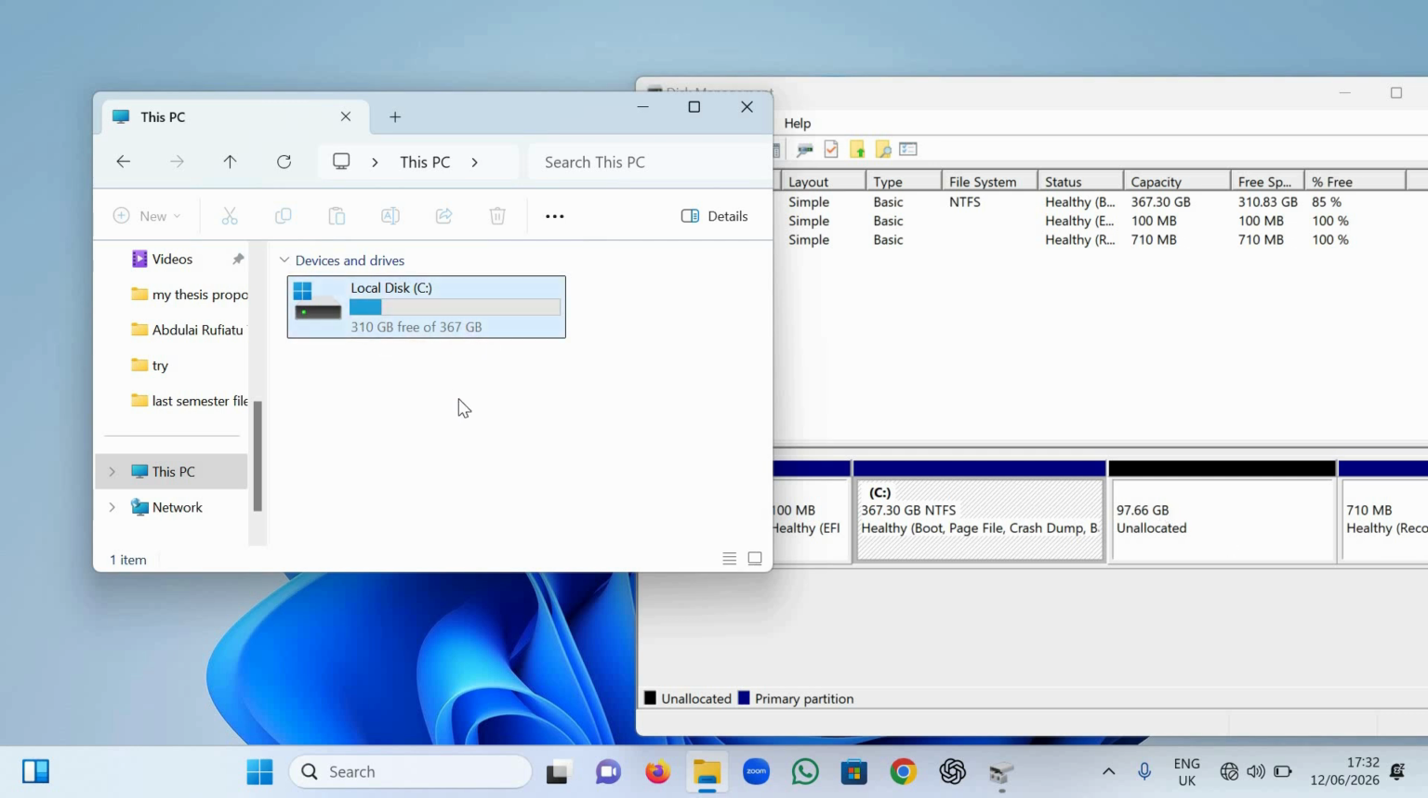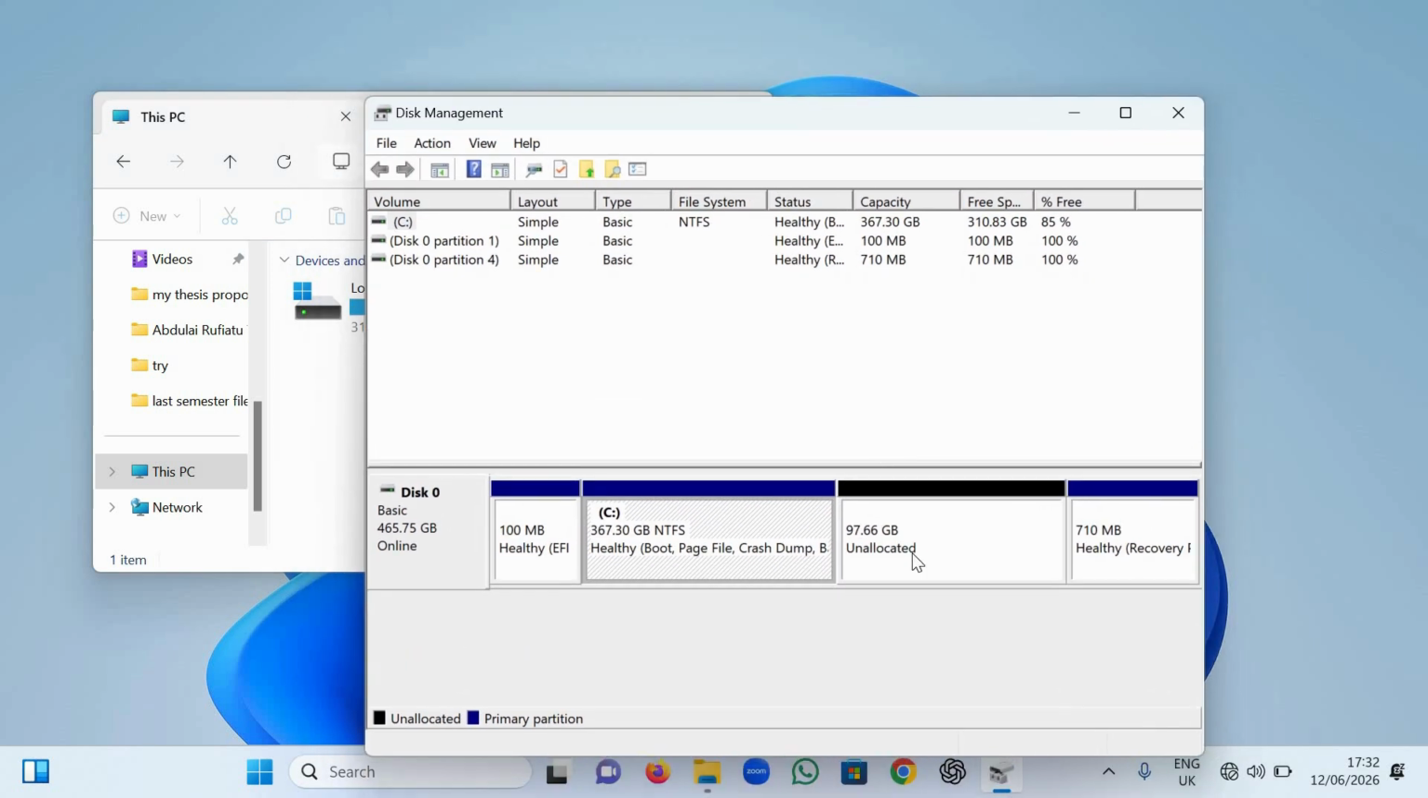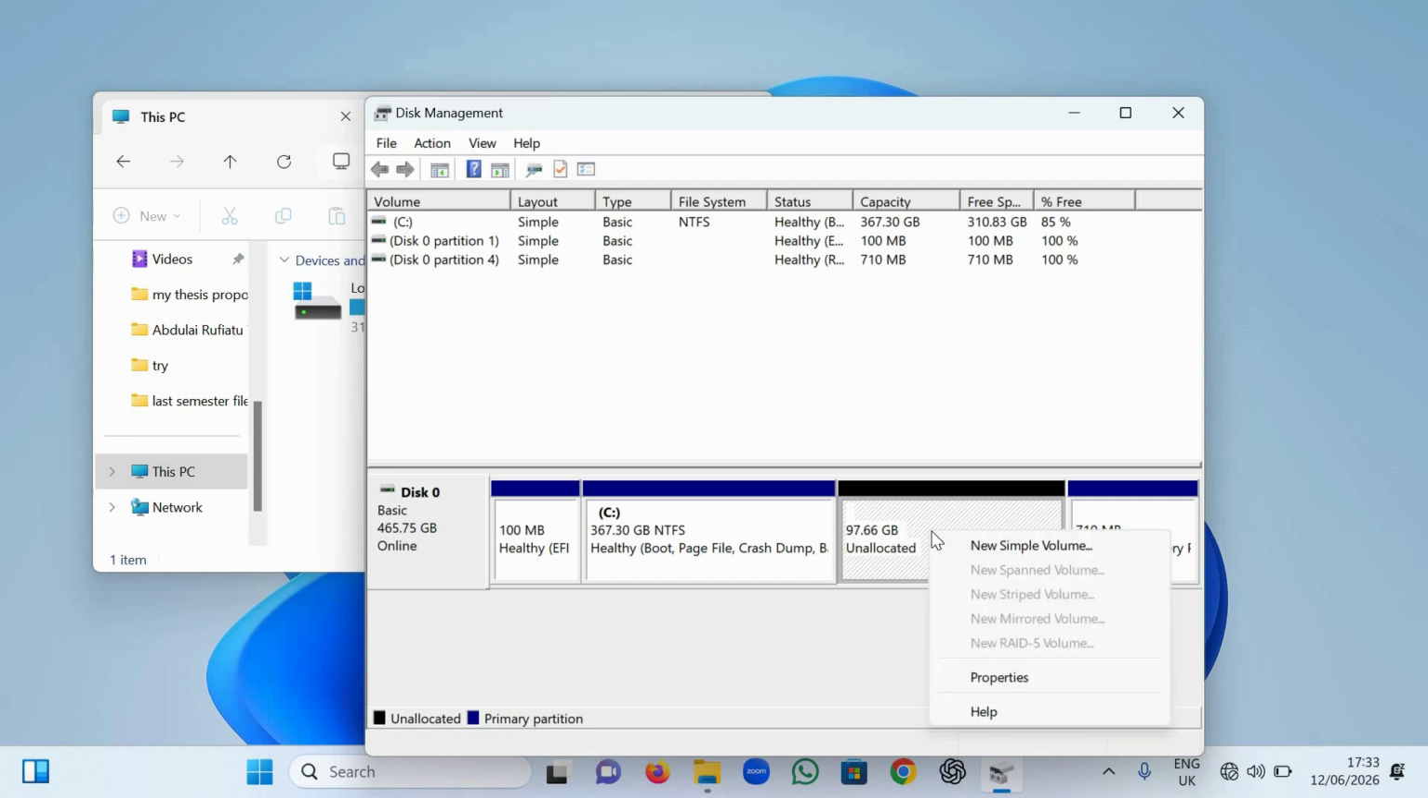and as you can see, our partition which we created is not yet displayed here, and on Disk Management it is unallocated. For us to make it available, we just have to create the partition and give it a drive letter in order for it to display on This PC. Right, so now let's do that. What you have to do is right click on the partition, now go to New Volume,